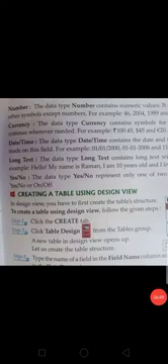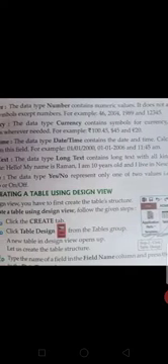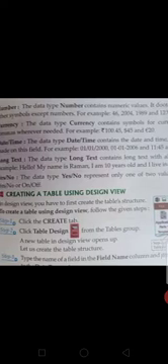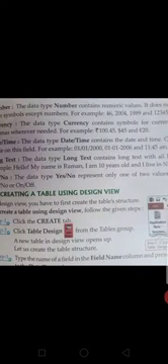Next, Number. The data type number contains numeric values. It does not accept letters or other symbols except numbers. For example, 46, 2004, 1989, 12,345. It does not accept any word. Currency. It is used whenever a price tag will come. The data type currency contains symbols for currency, decimals and commas where needed.